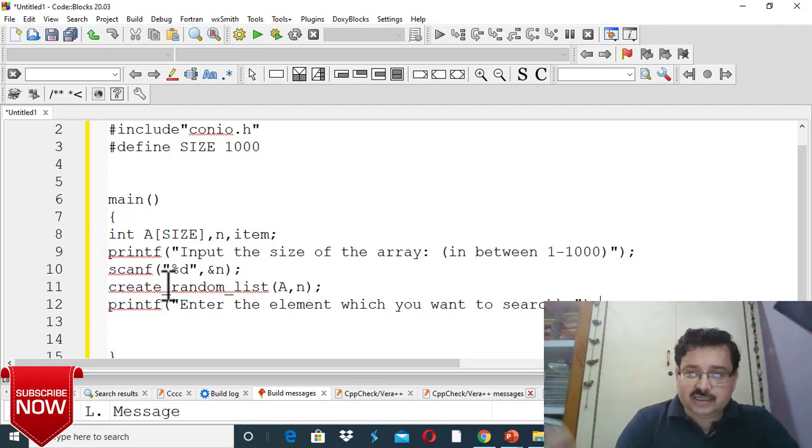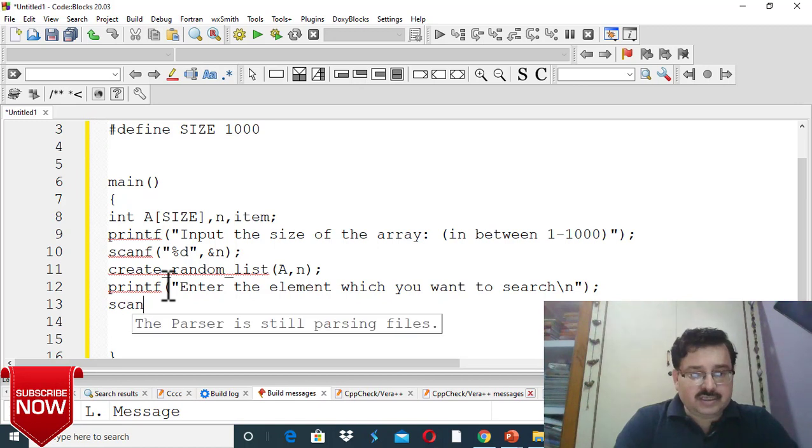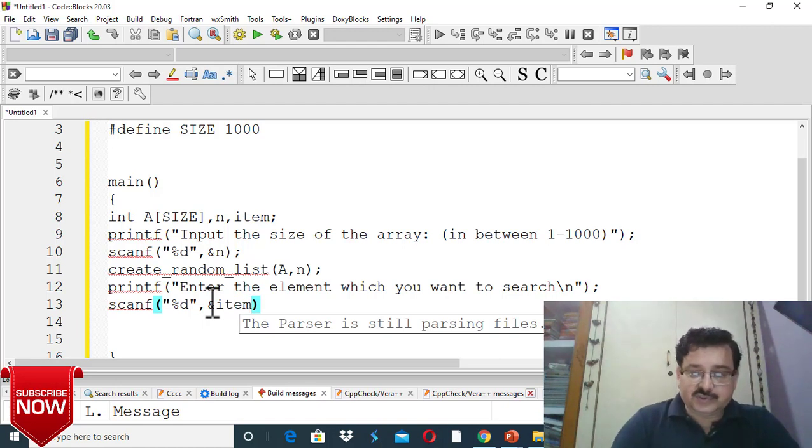I am just creating the overall structure of my program. Then the user will give the value, scanf, which is to be searched. So I am taking %d, and I have already taken the variable item which I have to search. So I am taking the address of item. Okay, is it clear?